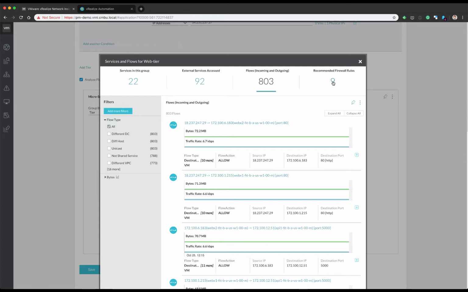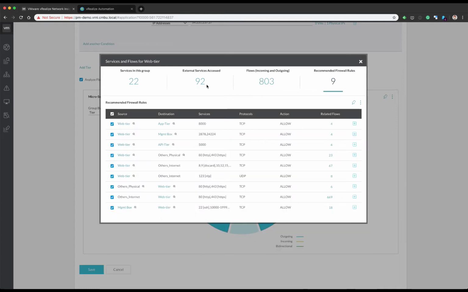But for me, the coolest part is the recommended firewall rules tab. So if I click on that, you get an overview of all the firewall rules that Network Insight would recommend to you to implement in your environment, in your micro-segmented environment. So basically it takes everything that it sees, translates that to logical objects that you can use to group VMs or IP addresses together. You can see the web tier, you can see the app tier and the API tier,